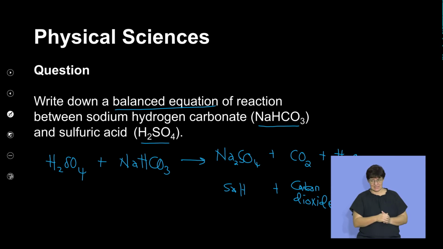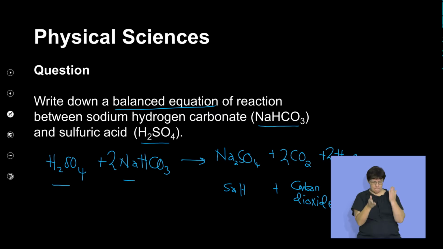If you look at the sodium on the right-hand side, it's 2 atoms. So we can also put the 2 moles there. Okay. That would kind of change also the number of carbon atoms. On the left now it's 2, and then on the right we still have 1, so we can put a 2 there. Okay. What about the hydrogen? How many hydrogens do we have on the left? It's 2 from the sulfuric acid and 2 from the sodium hydrogen carbonate. It means we can also put a 2 there. So we can check